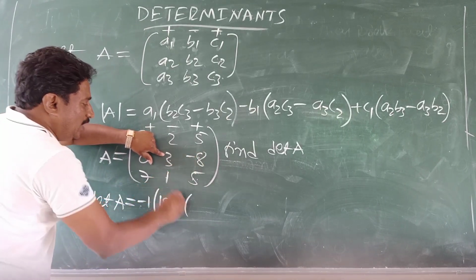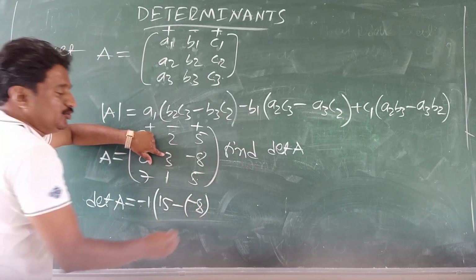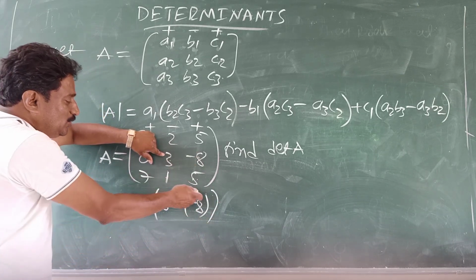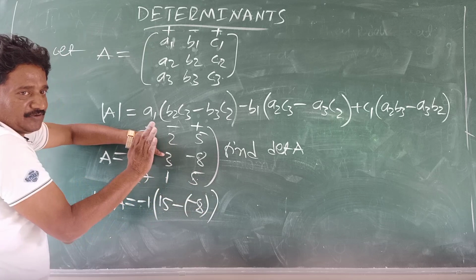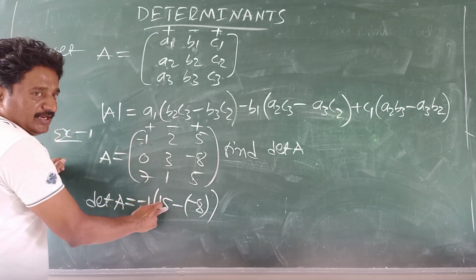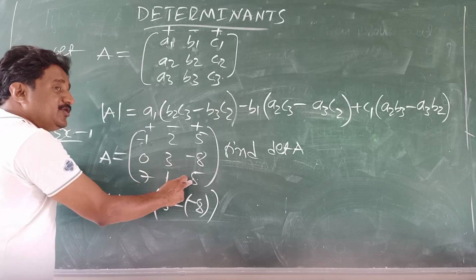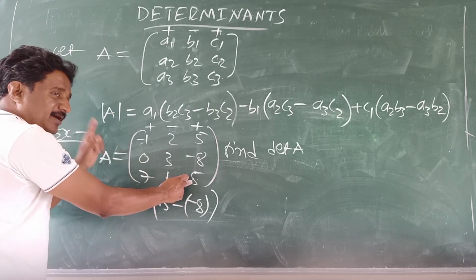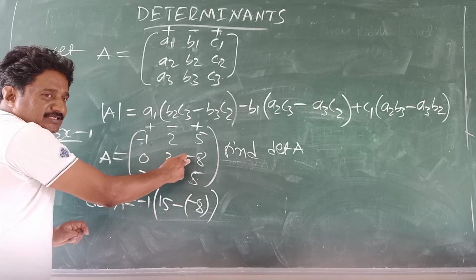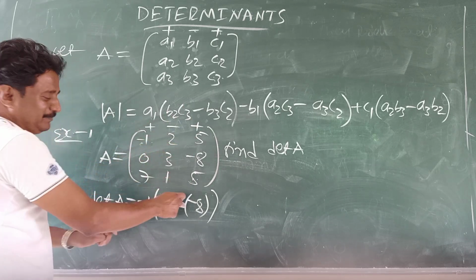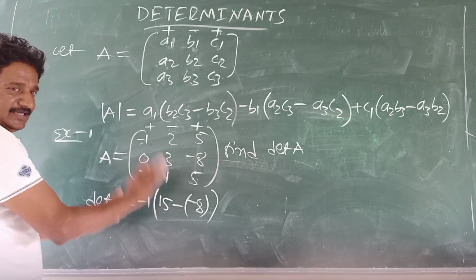Minus 8 into 1, minus 8. If you are brilliant enough, you could do this multiplication in mind itself. Minus into minus plus. 5 3s are 15. After this product, we go for writing minus. You keep that minus in mind. One more minus is here. That minus in mind and this minus into minus plus. You can avoid that.